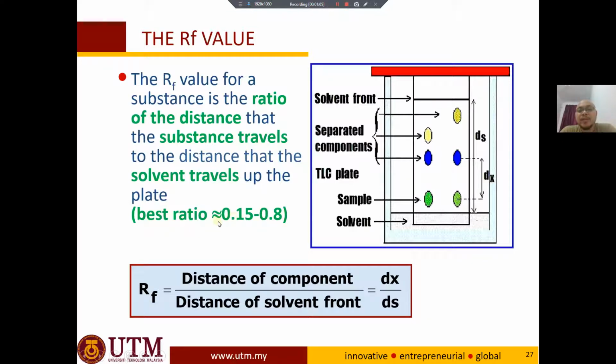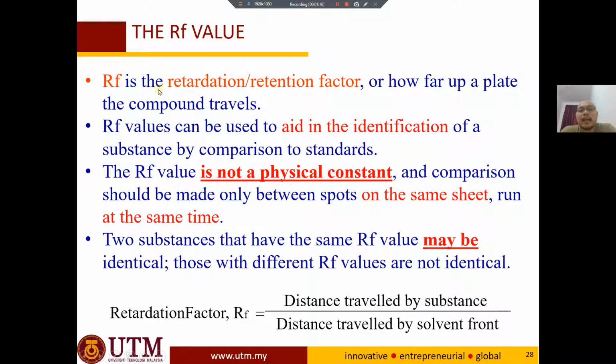Okay. The RF ratio is between 0.15 and 0.18. It means that it's off of the baseline and is not that near to the solvent front. So RF is the retardation or retention factor. Okay, that is the definition or the full form of the acronym RF, or how far up a plate